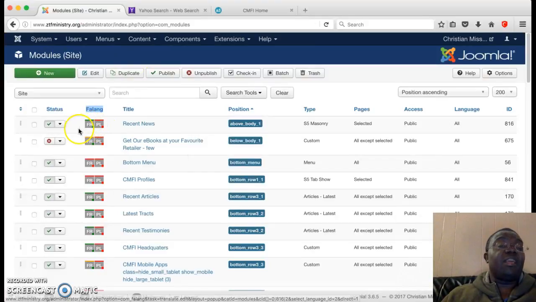Now, if it has been translated, you're going to see this part here green: green on the top, and then green on the bottom as well. If it's green on the bottom and yellow on the top, it means some translation has been done, but it's not complete, so it needs to be completed. The one on the bottom here means that it's published. So some has been translated,